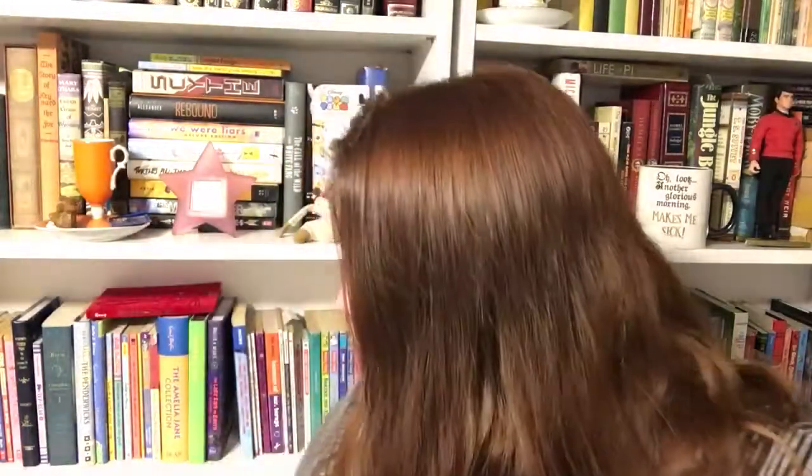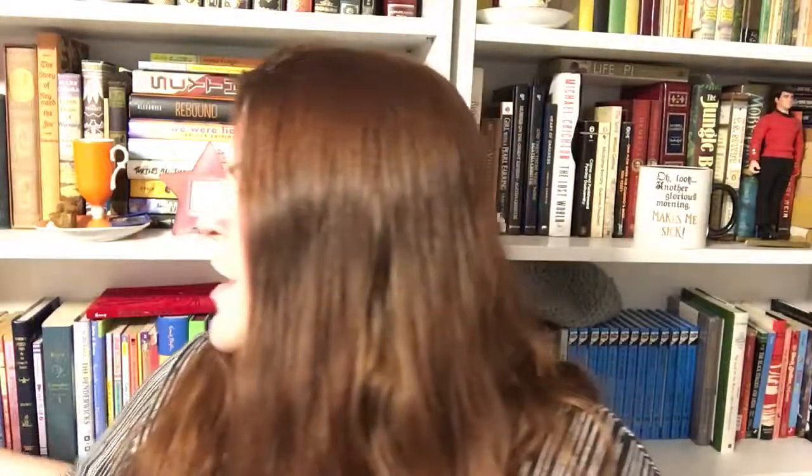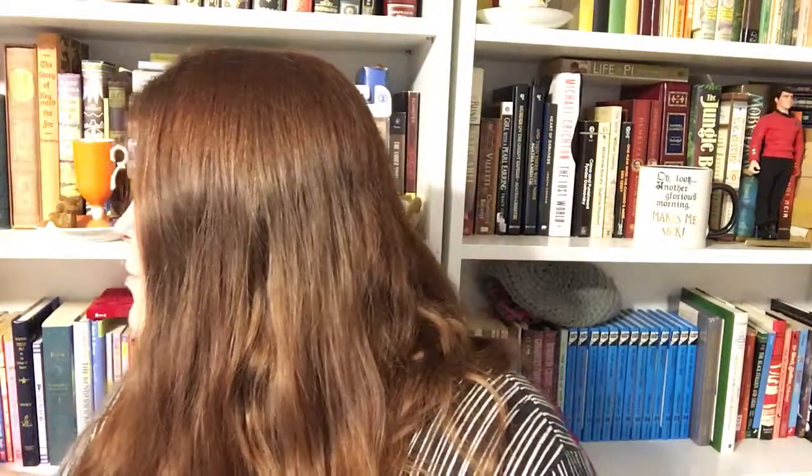How many books are on your bookshelves? So I estimated that I probably had around 700 because I've got a lot of picture books. You can't see them, they're on the bottom shelf, but I've got a bunch of picture books, so I assumed I had around 700. So I went through and did a rough count. I'm not going to say it's 100% because I've got books scattered out that I'm reading here and there, and I don't think I counted all of them. But I have right around,